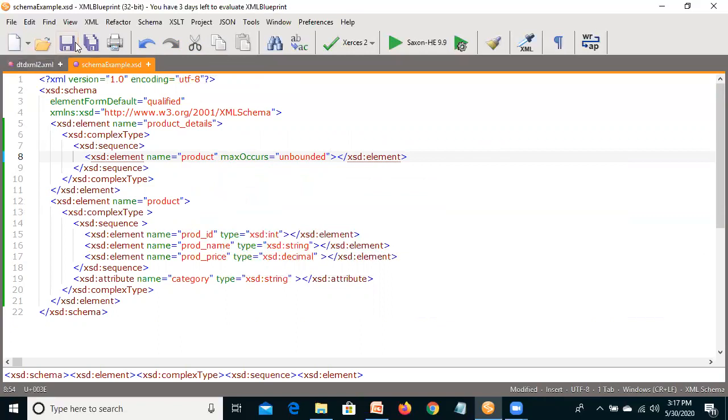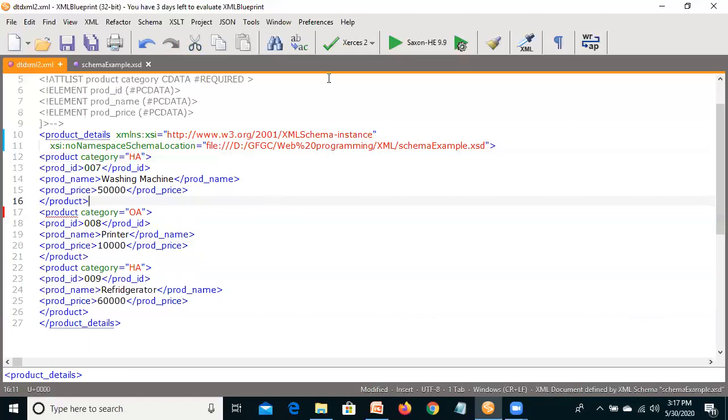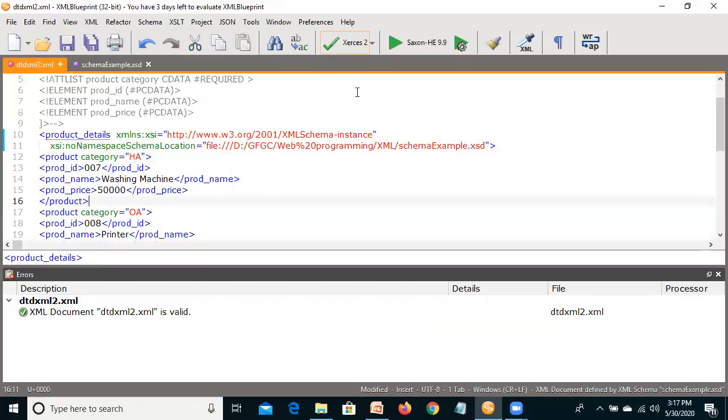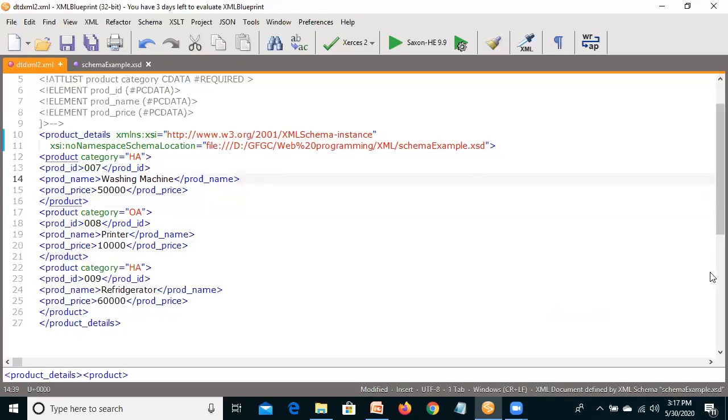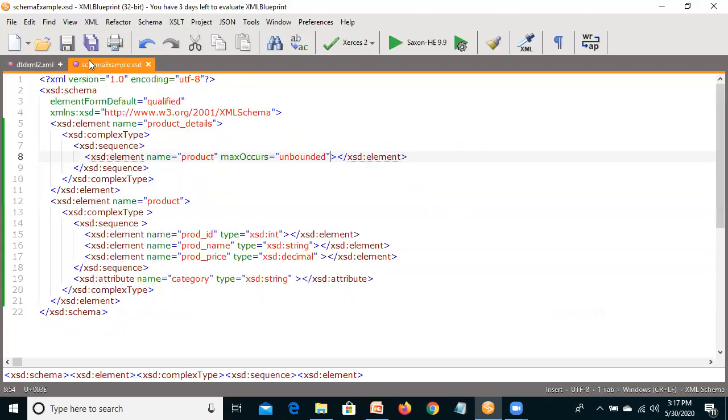We'll save this, and try to validate this now. Okay, the document is valid, and it is validated against this schema.